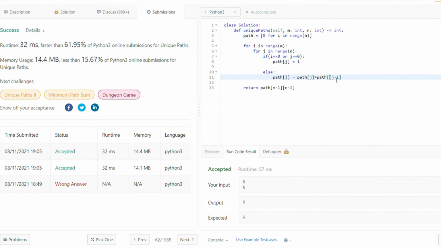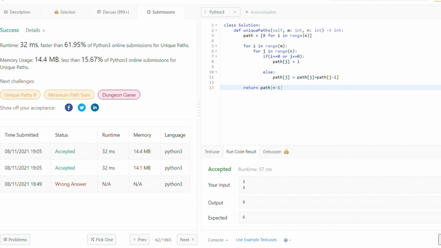I'm just trying to manipulate the boundary conditions a little bit for the sake of the 1D array. But as you can see, the whole idea is basically the same. If you are at the edges, then that will count as 1. Otherwise, the value will be equal to path of j plus path of j minus 1.